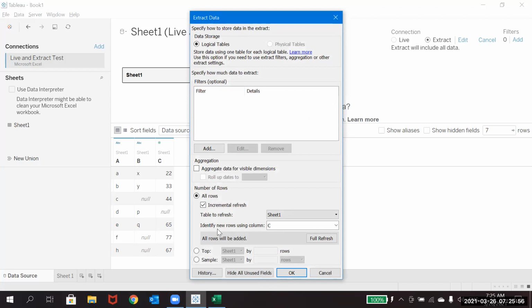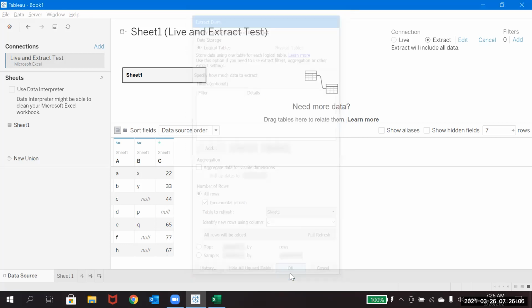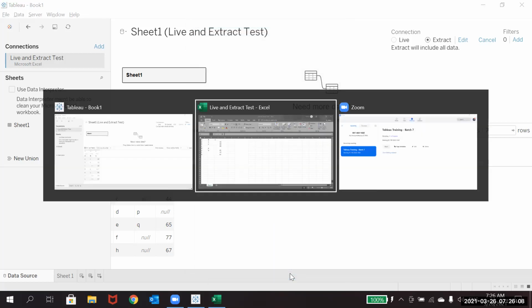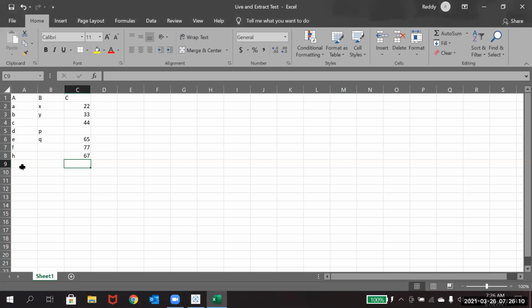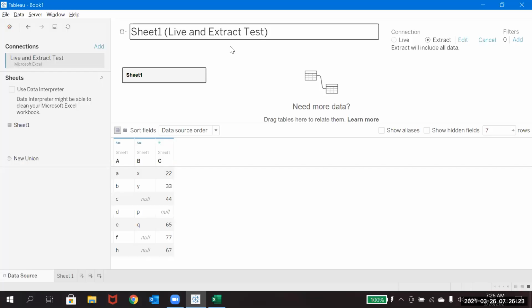It will always identify the new rows coming to the data set based on column C. So if the value is there on column C, then it will. Okay, now let's try adding this way. Maybe we'll leave this blank. Now I will save this, go here and do a refresh.